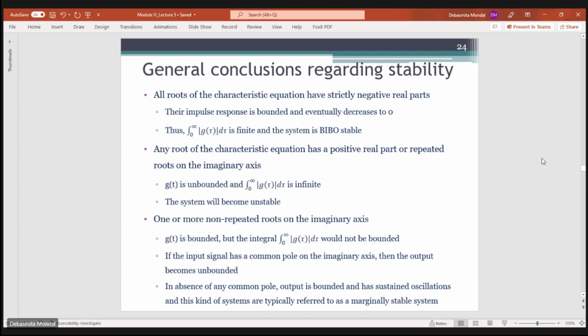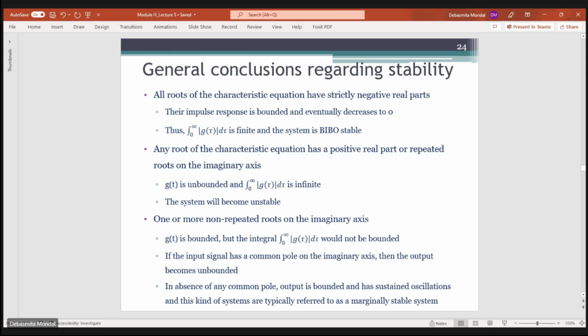So in general, you can draw some general conclusions regarding stability. If the roots of the characteristic equation have strictly negative real parts, so all the roots have strictly negative real values, then the impulse response is bounded and eventually decreases to 0. That means the impulse response is absolutely integrable and the system